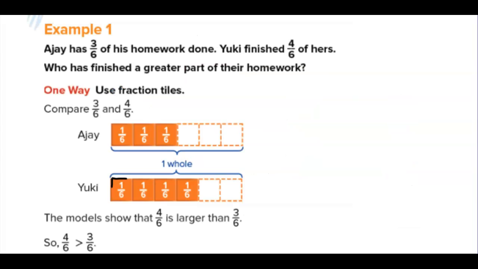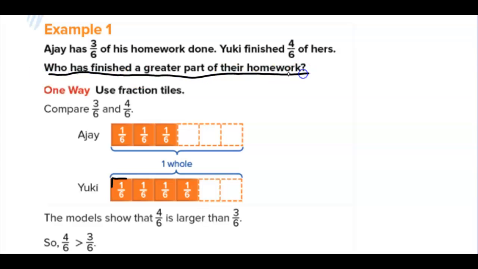Our first example shows us that AJ has 3/6 of his homework done. Yuki only finished 4/6 of hers. So they went ahead and they built these two fractions for us. So we could see, here's AJ's 3/6, 1, 2, 3 out of 6 total equal parts. This would be the whole assignment. He's only done 3/6. Yuki has 4/6 finished, and we're trying to figure out who has finished a greater part